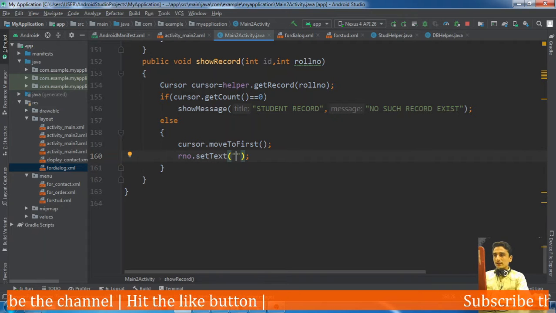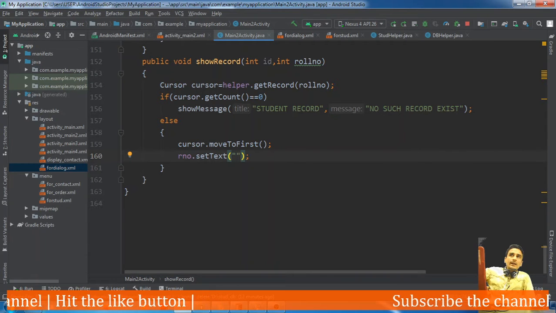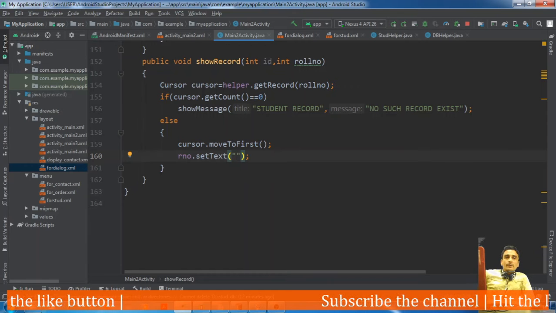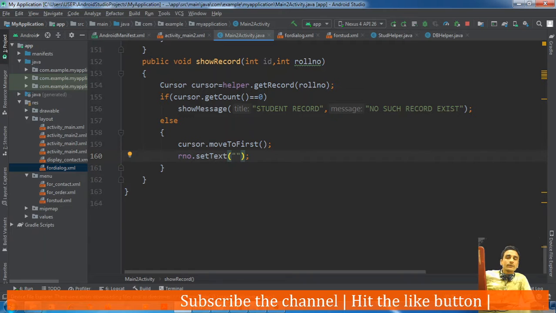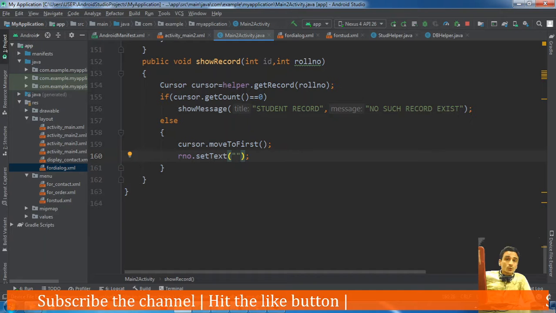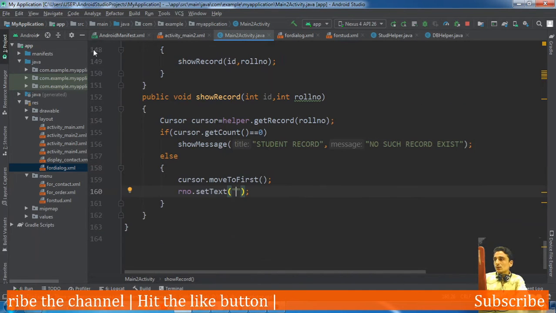but in this layout we are having only 6 edit views, and here we require 8 views, for also displaying total and percentage. So what should we do here? Should we define another activity and show the record over there? And if we want to show the record in the current layout, we have to put 2 new edit views. But instead of doing this, let's move to another activity.